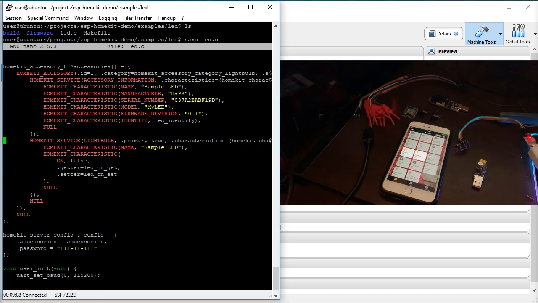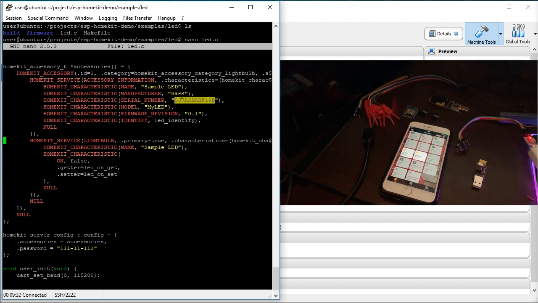Okay, so this should be renamed and this should match to this. This needs to be unique as well as this. I never changed this and it worked just fine, but